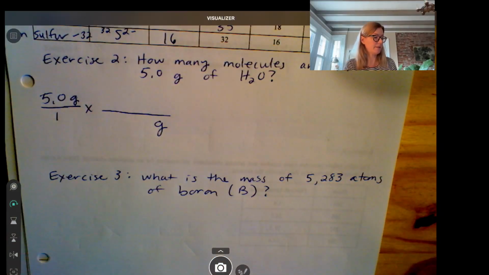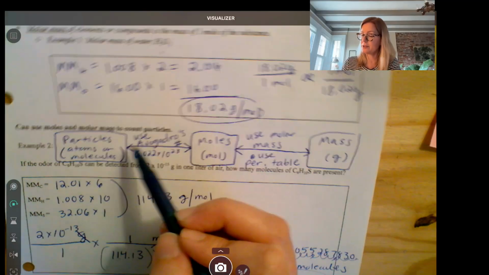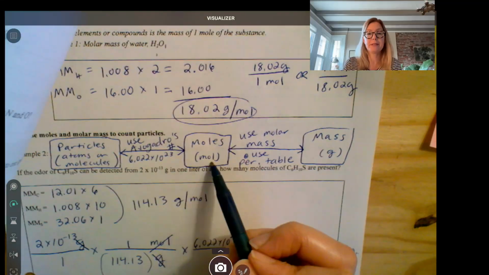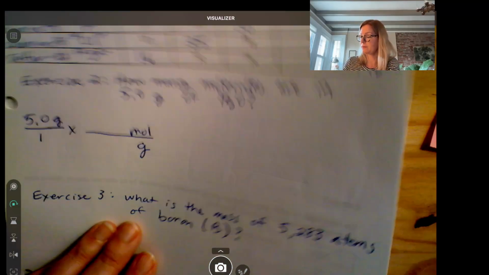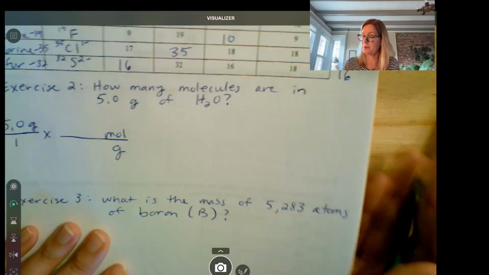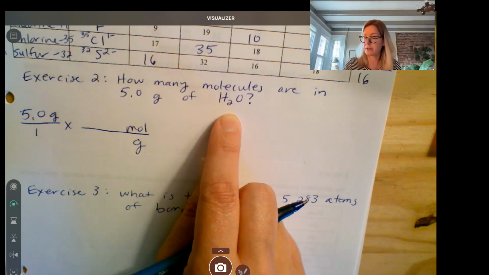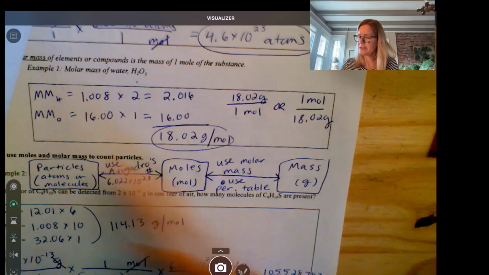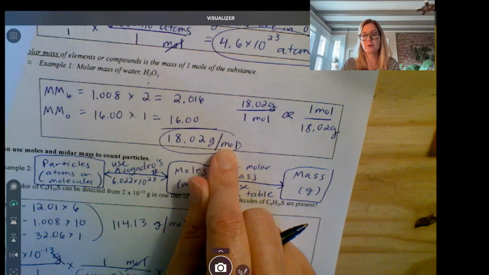So we're starting with grams, okay? And if we look back at our little chart, we're starting with grams and we want to get to molecules, we got to make a pit stop at moles, okay? So we're going to go to moles next, okay? And remember, to go between grams and moles, you use the molar mass, which is on the periodic table, okay? So we're dealing with water here, so we have to add up 2 H's and 1 O, okay? Which we actually already did. We already did it up here. We added up the mass of 2 H's and 1 O for a molar mass of 18.02 grams per mole,